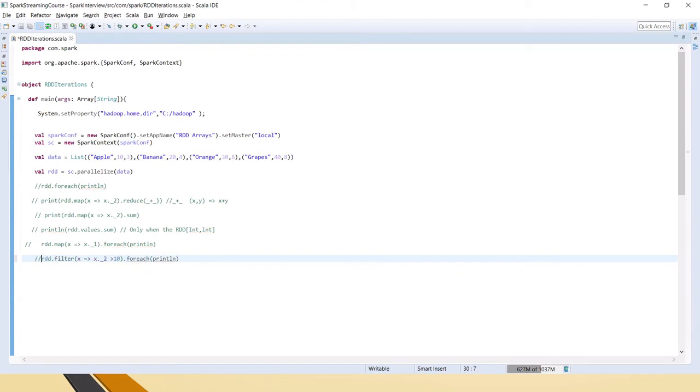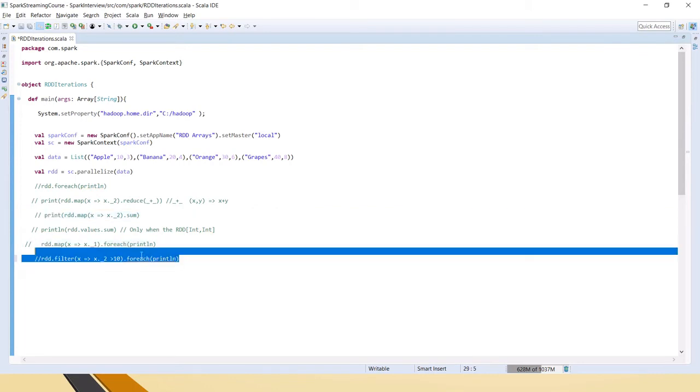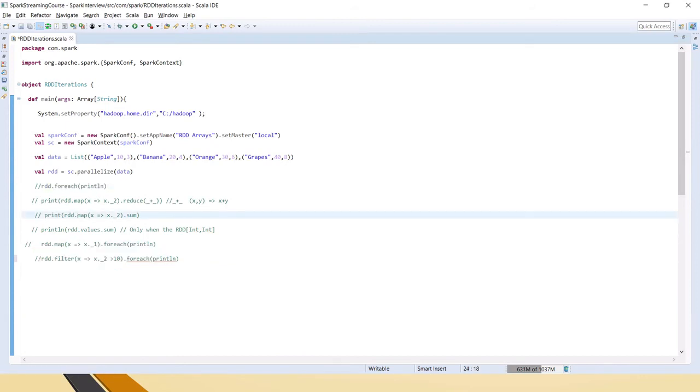Now I am commenting all this because wherever print or foreach of println is there, all these are actions, and I don't want everything to be printed, so just for clarity I am commenting that. Because this was int, let's do another filter with the first element, which is a string. We will say startsWith b.